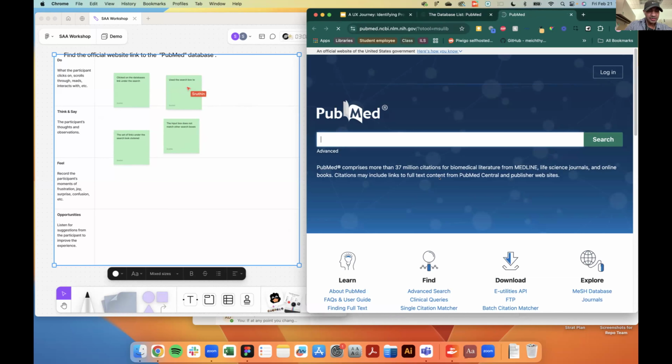Okay, thank you. So how do you feel about this whole transaction? I felt like it was really smooth. It was pretty clear how to get from one place to another. Like I said, I did feel like the links on the home page